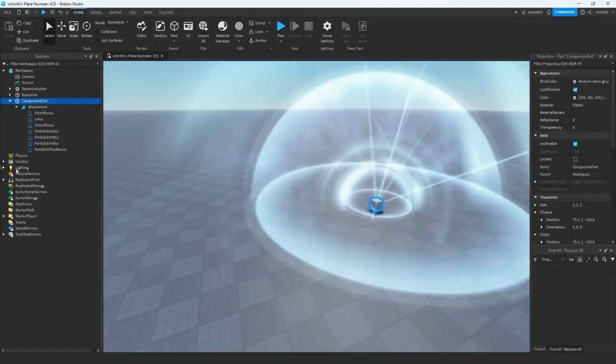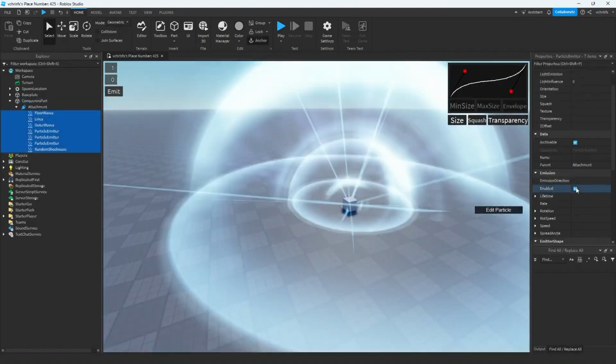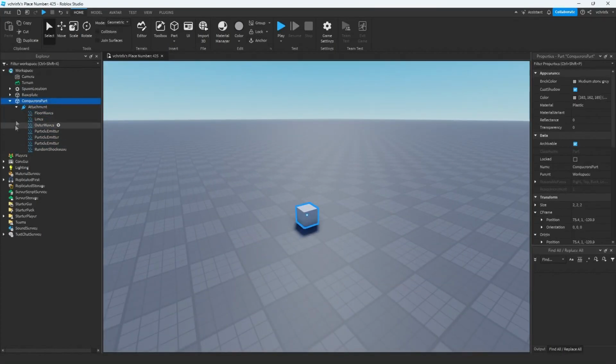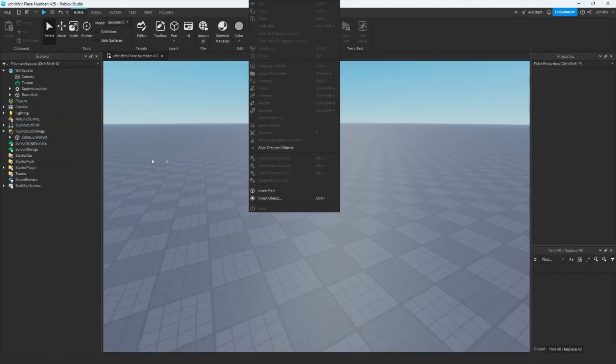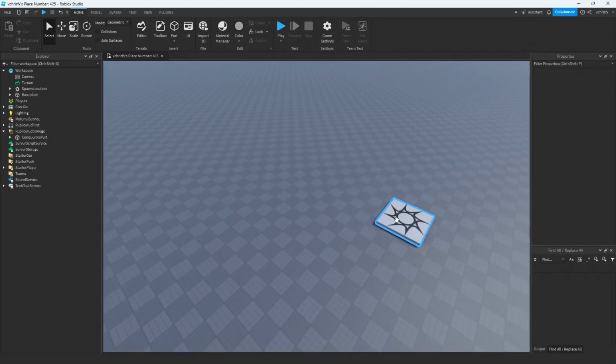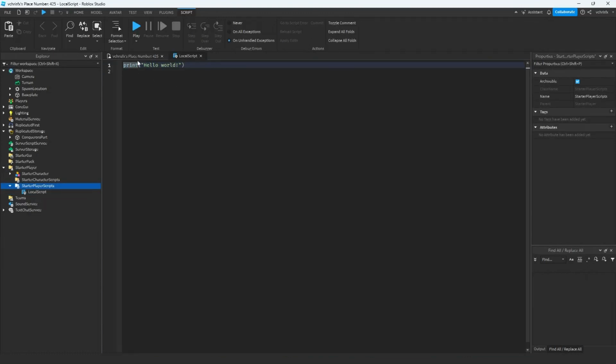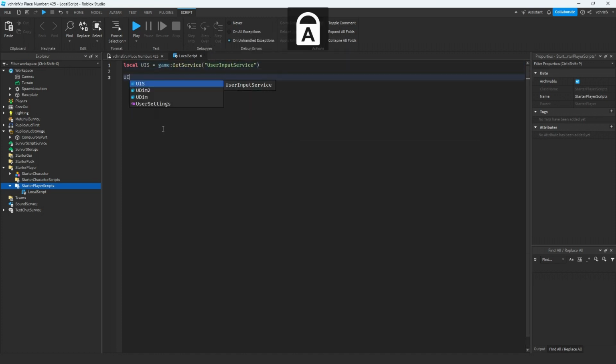So first thing we want to do, let's just disable all this because we don't really need this on right now because it's not helpful. And we're gonna put this in, let's say, ReplicatedStorage. Okay. So the first thing we want to do is find a way to activate the Conqueror's Haki. So we're first gonna get a script so that we can even detect an input, because that's the first step of everything. So when the user presses F,